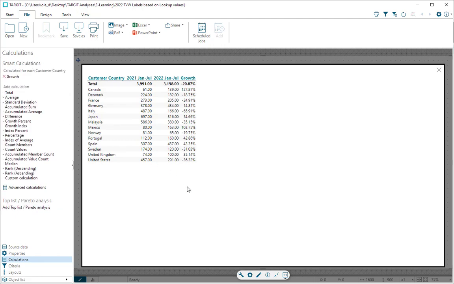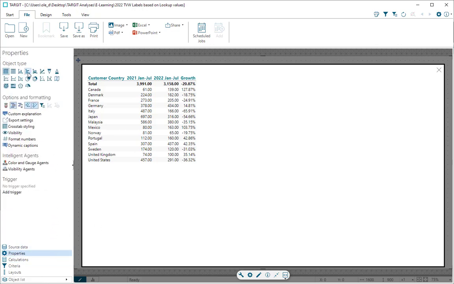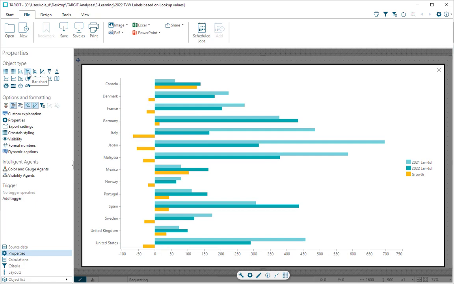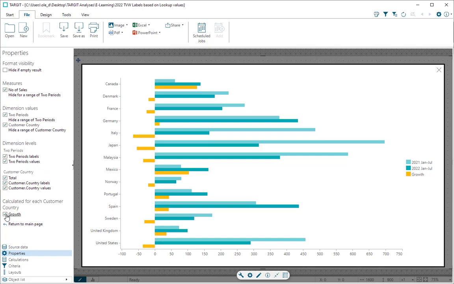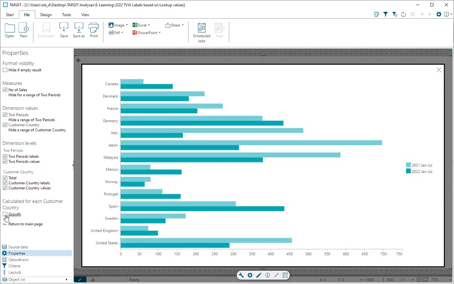Apply that. Alright, now let's take this crosstab and turn it into a bar chart. Goes like this. We got the yellow bars with growth, but we don't want to see those, so through visibility I'm going to hide my growth like that. So we end up with just a standard bar chart, previous year and this year data, as we can see